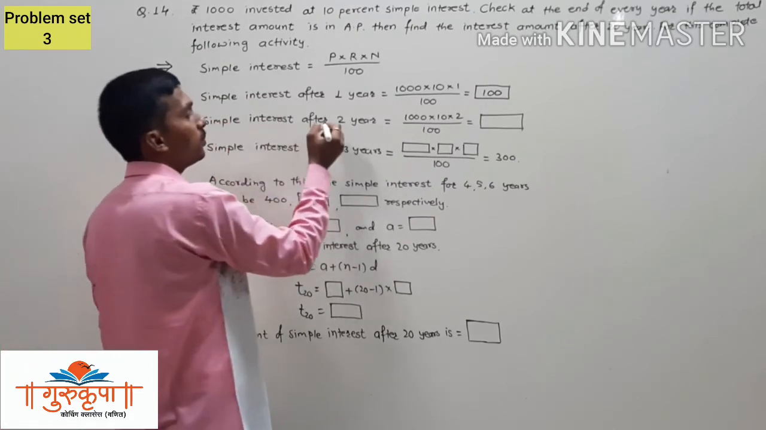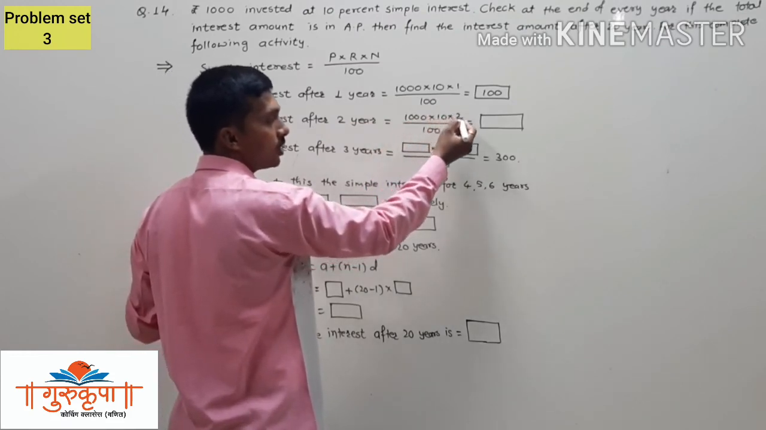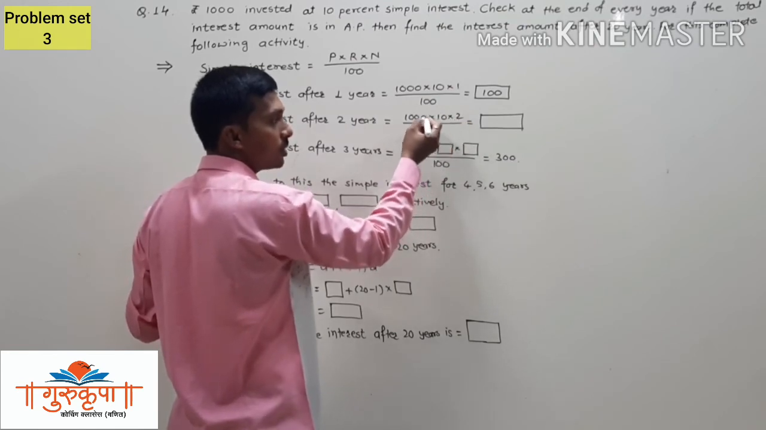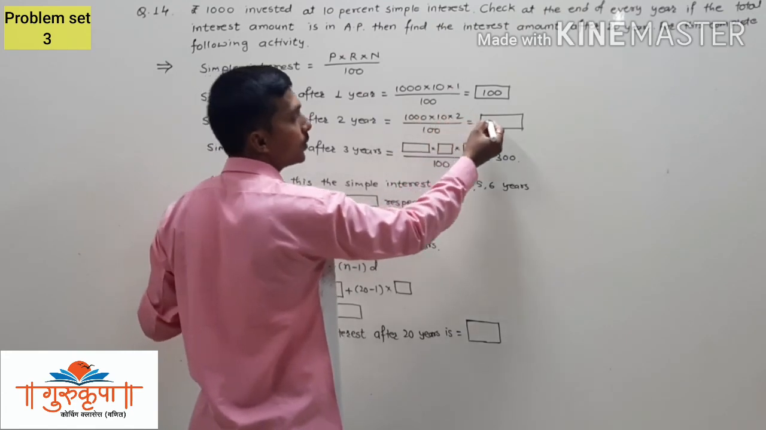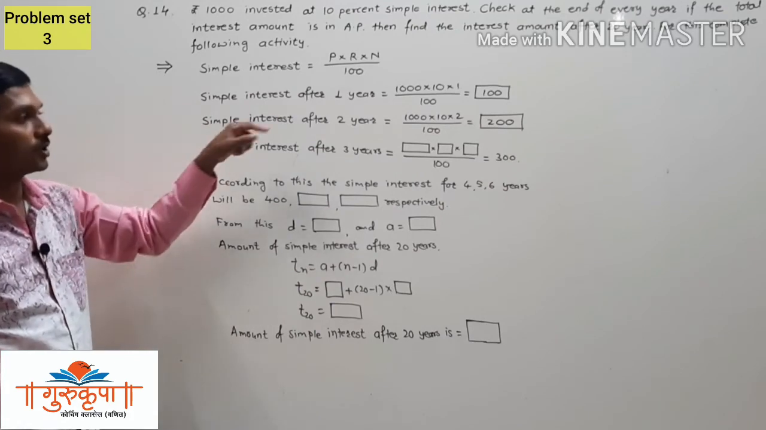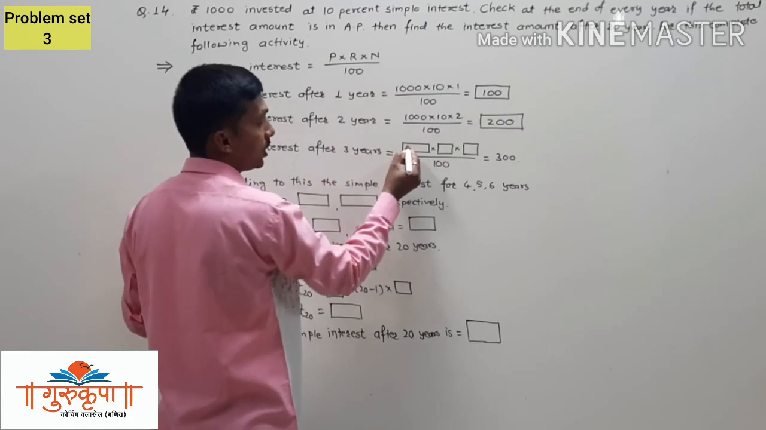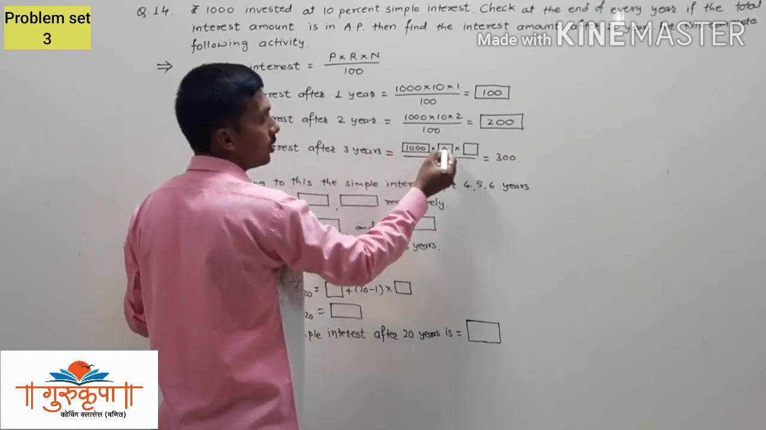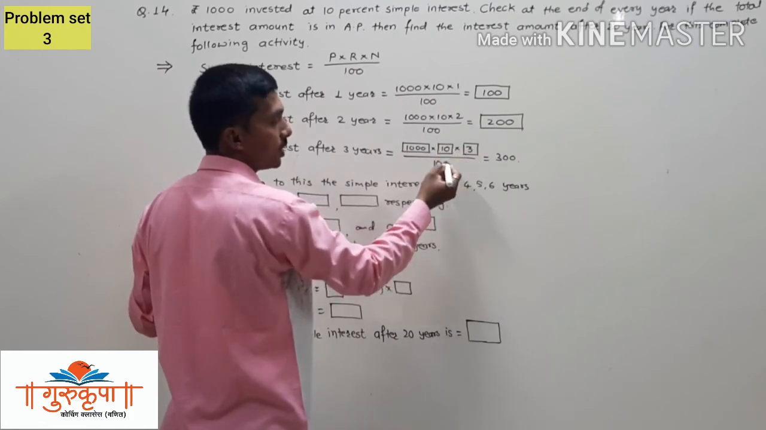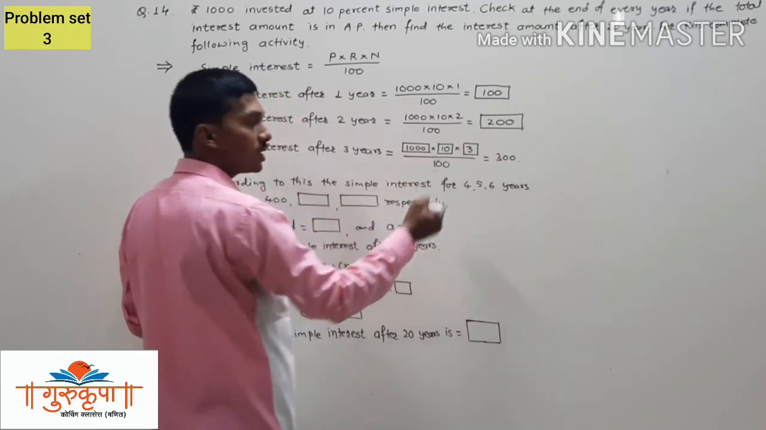Now we have to find the simple interest after 2 years. So principal is 1000, rate of interest 10, number of years 2, divided by 100. Here again the 10s cancel, 100 multiplied by 2, that is 200. Simple interest after 2 years. And now simple interest after 3 years: into the first box we write 1000 multiplied by rate of interest 10 multiplied by number of years 3. Now the 10s cancel, 100 multiplied by 3 is